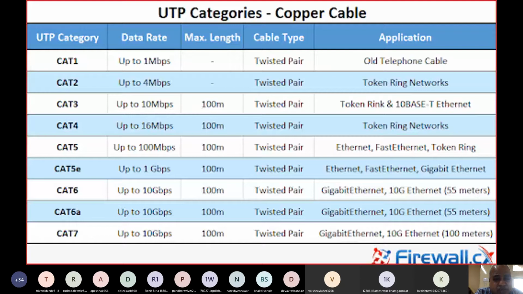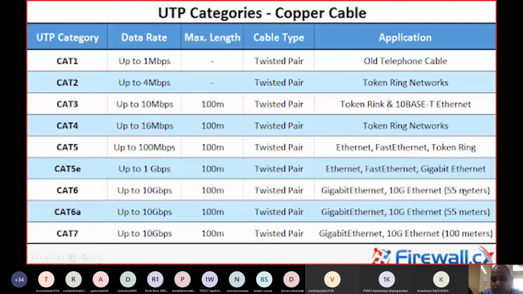So if you see Cat 1, Cat 2, Cat 3, Cat 4, then Cat 5 came somewhere around 10 years before. Cat 5e is an extension to this. Now, if you see the speed of this transmission, Cat 3 can go up to 10 Mbps over 100 meters. Cat 4 can go 16 Mbps over 1000 meters. There is a large improvement from 16 to 100 Mbps with Cat 5 cable, which was normally used 10 years before. Now, if you go to the market, you will always go for Cat 6 or Cat 6a. Cat 6 cable will have 10 Gbps per 100 meters. This is twisted pair, and it is mostly used for gigabit Ethernet.